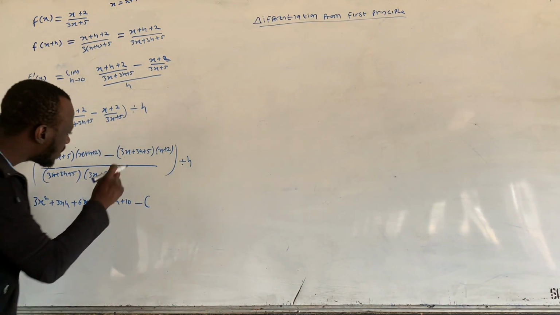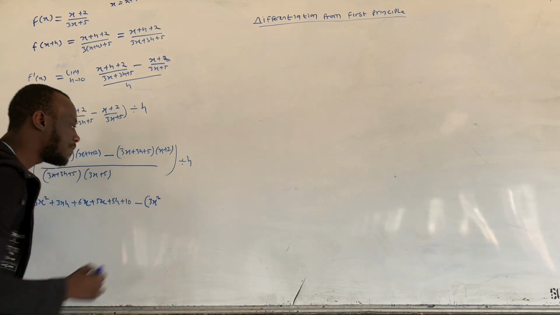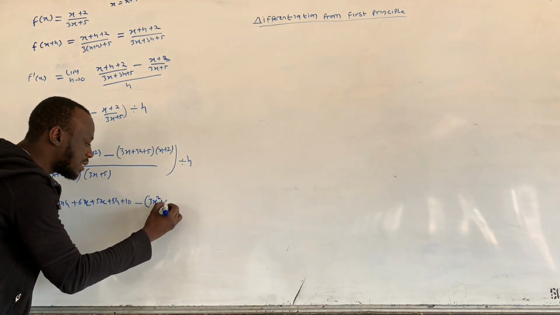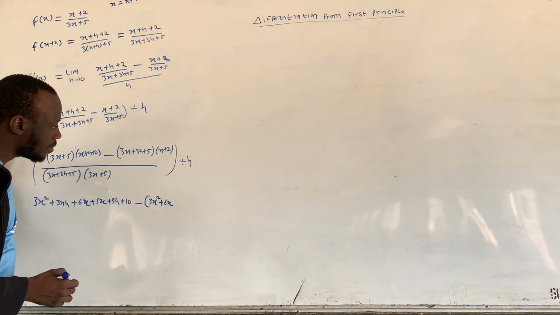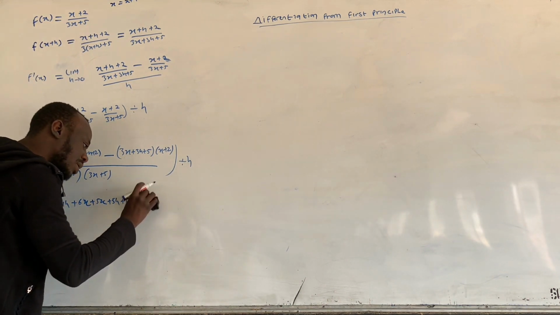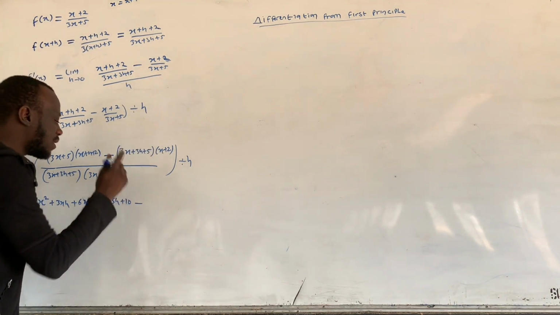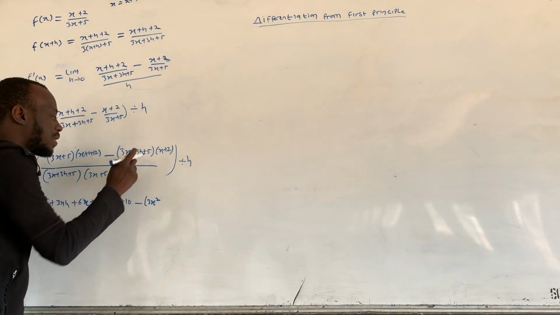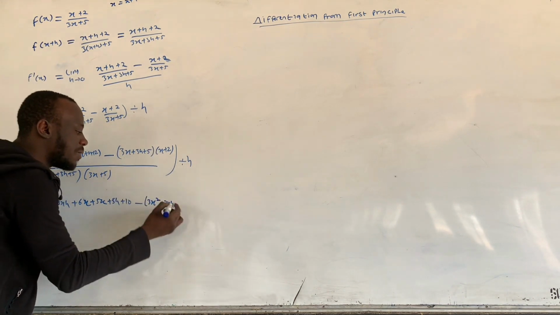So now this became 3x times x, here we have 3x squared. 3 times 2 here becomes what? 6x. Or to make it very short, since here we have only 2 terms, we said x times this, we have bracket 3x squared. x times this, we have plus 3xh. The x times 5 plus